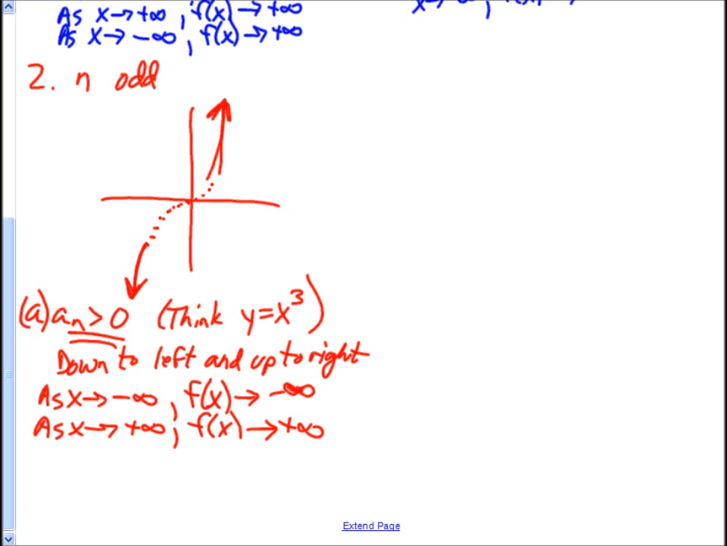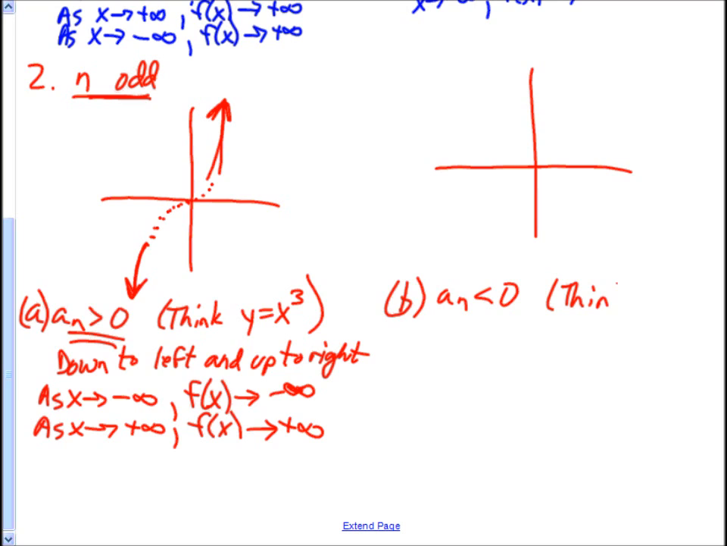Now again, as your n is odd, so a degree is odd for any polynomial, and this time we're going to do it with the leading coefficient being negative. Think about y equals negative x cubed. Okay, so that's going to flip-flop that. And again, who knows what's going on in between there, but you do know it's going to go